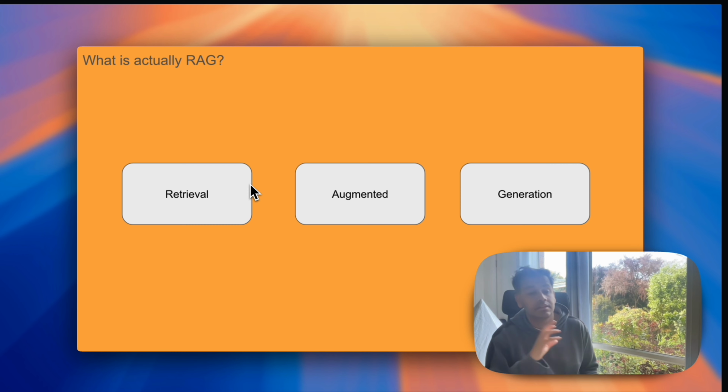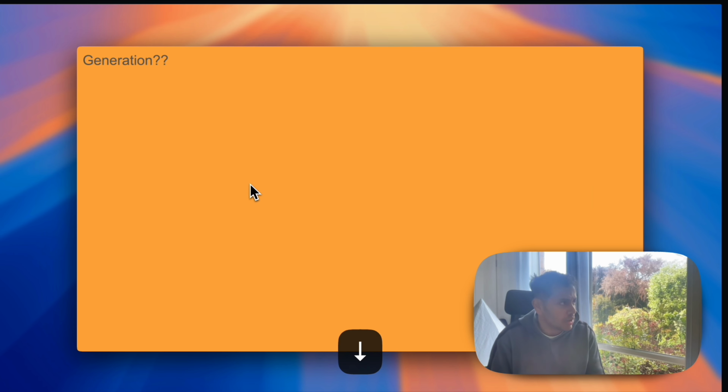So we'll start with the third word first, generation. Go into a bit of history of that, because I reckon it's very important to develop an intuition of what it is before we get into the more technicalities of how things work. Okay, generation, right? So machine generation, text generation, audio generation, whatever, any kind of automated generation has been there for